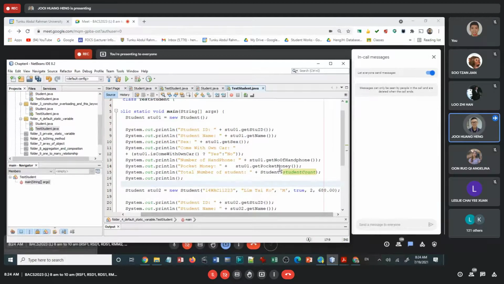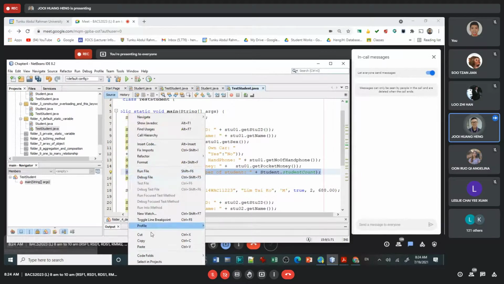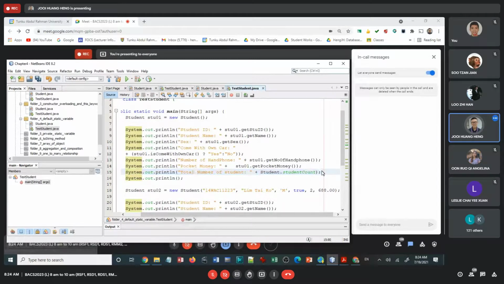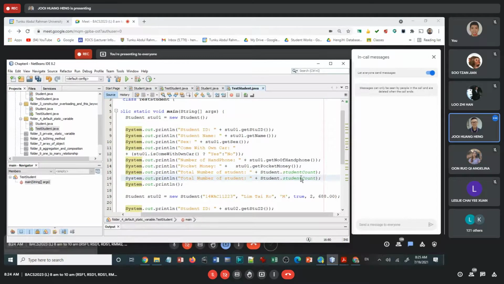Yeah, as you can see, this one is a class name. Of course, the variable name also can, and they give you the same answer. So maybe I show you here as well. This one I put,